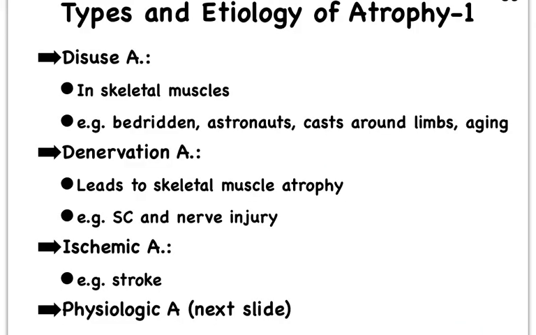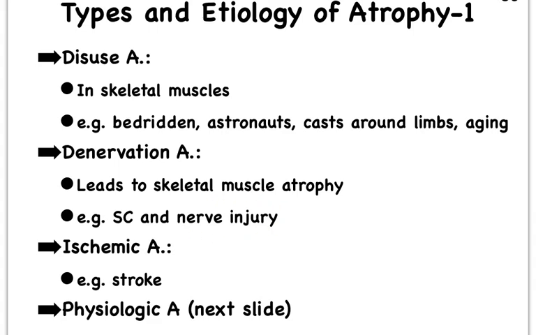So that example I just gave you of not using your skeletal muscles as much, so you're not as bulked up, is a form of what we call disuse atrophy. You're literally not using the skeletal muscles as much, so you lose a lot of skeletal muscle mass. But people who become paralyzed are also going to lose a lot of muscle mass because their nerve supply to the skeletal muscles is damaged, due to a spinal cord injury, for instance, or it could even be due to a very damaged nerve.